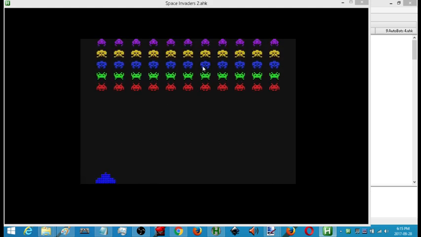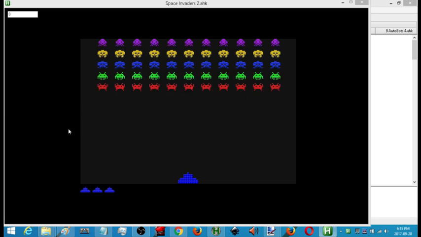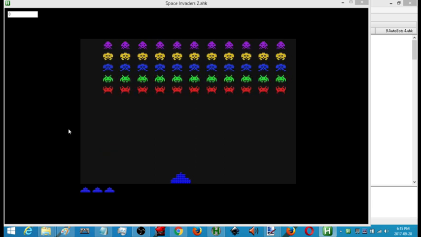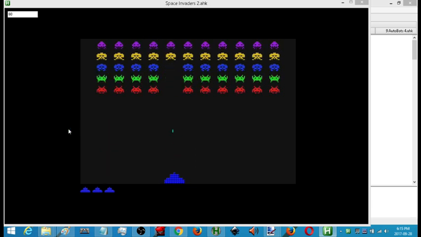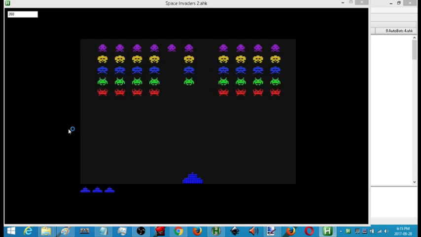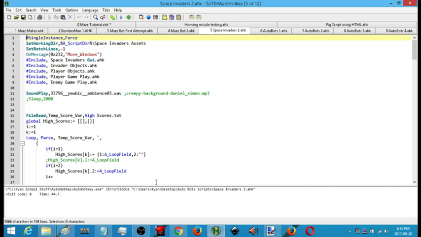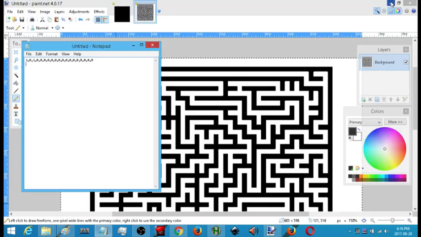Here, I'm using an ActiveX to control multiple objects at the same time. Each one of these is added in when a new round starts. If I destroy it, it gets rid of that object. It doesn't just move it off to the side, it actually gets rid of it. But that was this. And then after this one, I had created